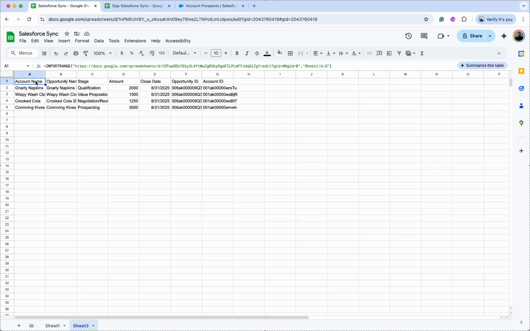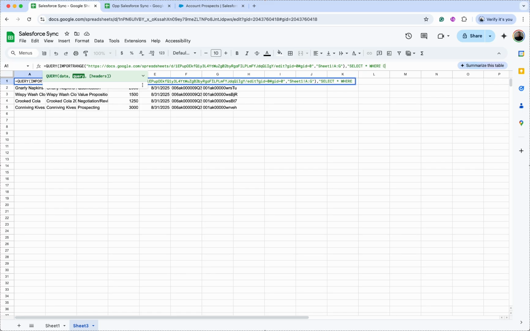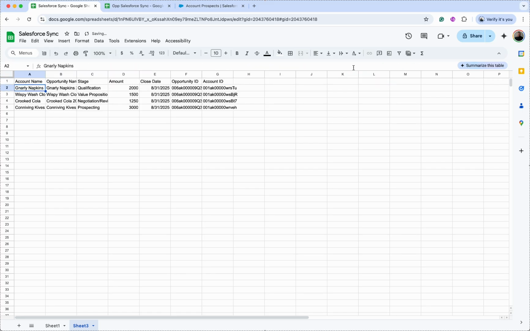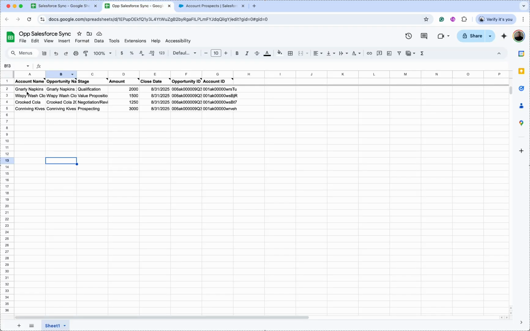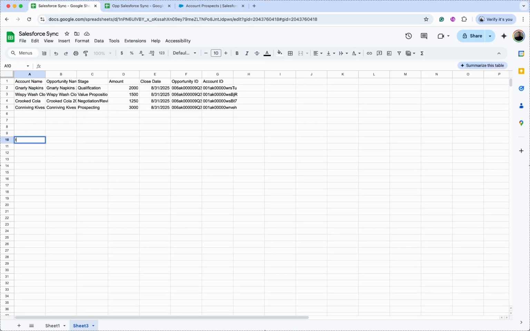So what I usually do is I wrap this in a query formula. So we can do query, open parentheses, and at the end of that, we'll say select star, which is select all, where col 1 is not null. And once I press enter, it's only going to bring in the data if column 1, which is column A, is not null, meaning it's not blank. So if it has data, it will bring it in. So now if I type in test down here,